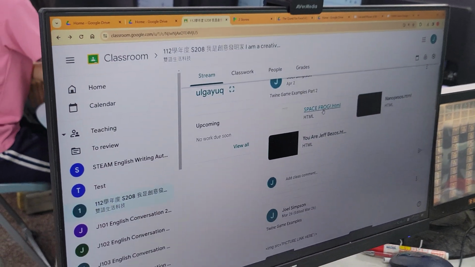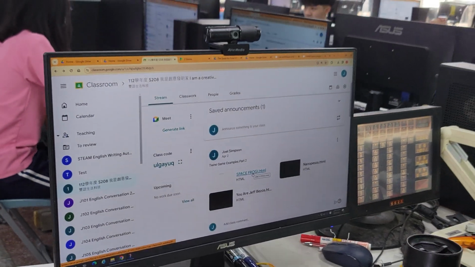Now, from Google Drive, it's a little bit annoying to download. Click here on the name of it, then go to the little dots, open in a new window, and then you gotta download like this. I don't know why it's so annoying, but there's like 3 steps, okay? And then you can close it.